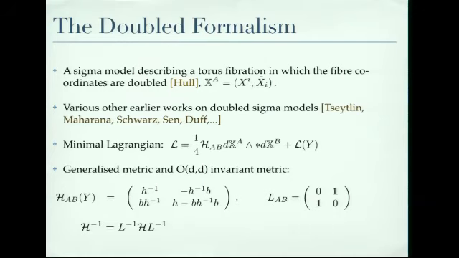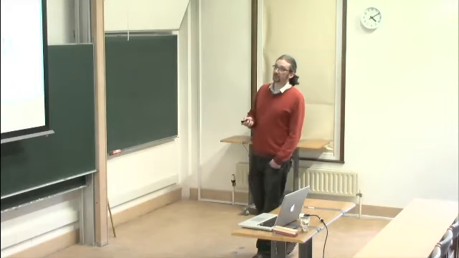And we also have another metric in the game, which is just the O(d,d) invariant metric L. And H is a form such that if you raise the indices of H with L, then you get its inverse. And in fact, H is the most general symmetric